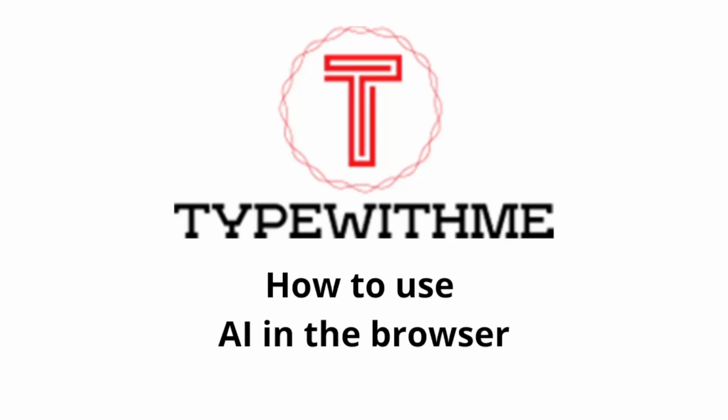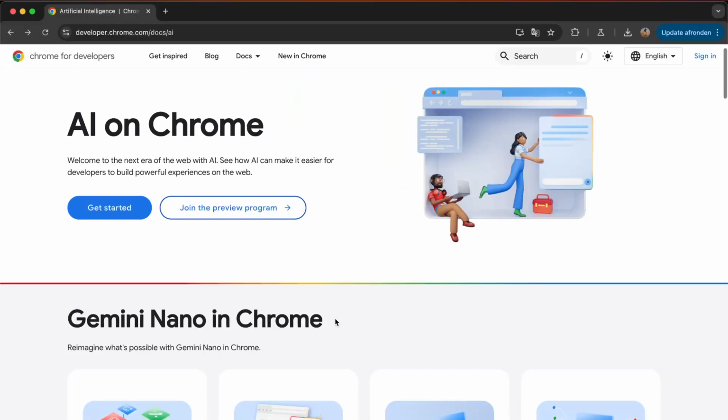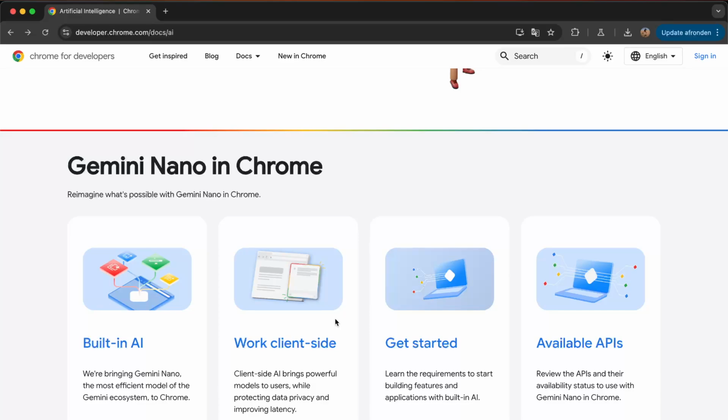In today's video I want to talk about how to use AI in the browser. So you can start using AI on Chrome, and it has Gemini Nano in Chrome. Gemini Nano has built-in AI that we will bring towards Chrome, and it will have available APIs. Again, Gemini Nano is a very small model, the smallest of the Gemini series, and of course Gemini is from